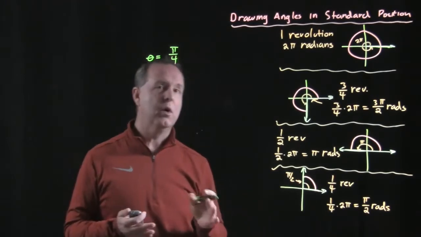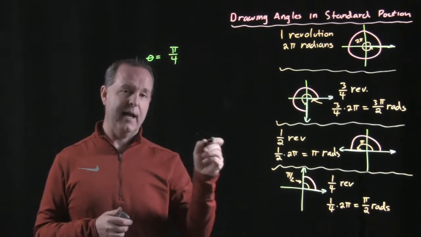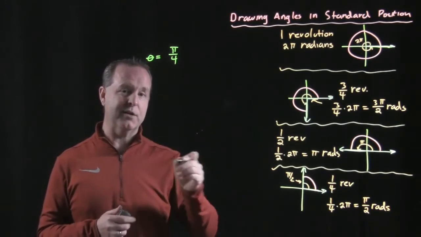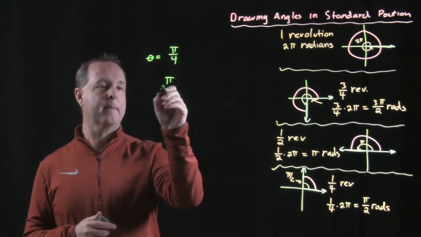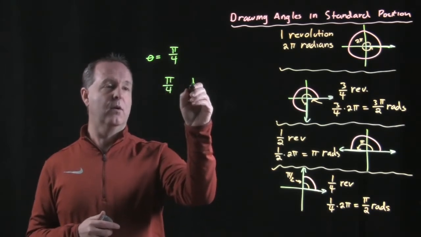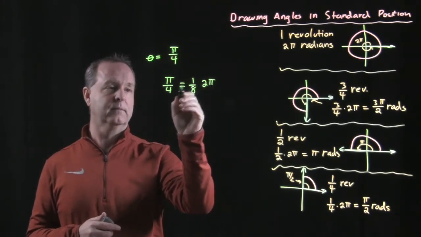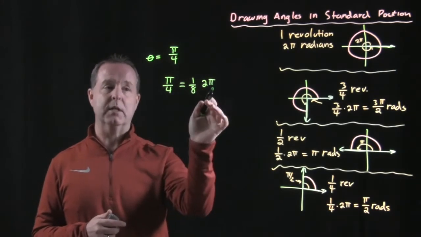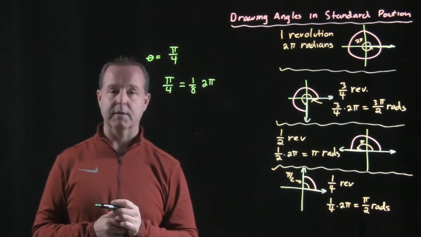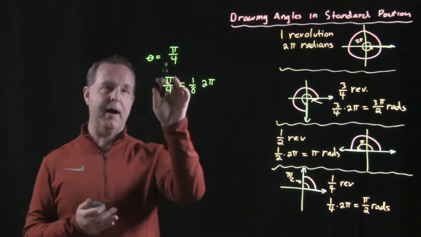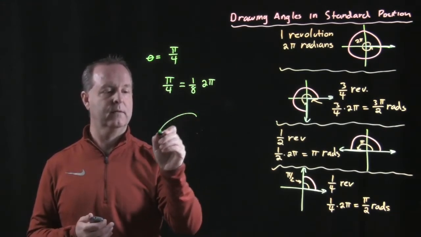Well, first of all, we want to get a sense of what's the revolution of pi fourths? How far around the entire circle is that? Well, we know pi fourths is 1/8 of a full revolution. And you can do the math backwards and look at that. 1/8 times 2 pi reduces down to pi fourths. So knowing then that pi fourths is 1/8 of a full revolution,